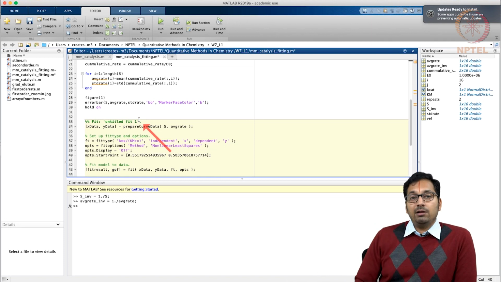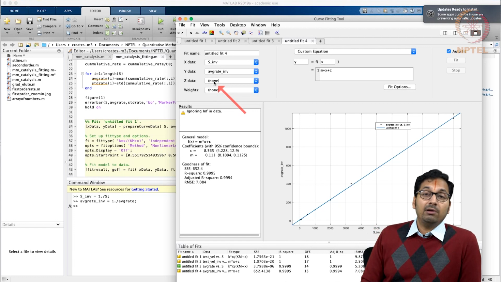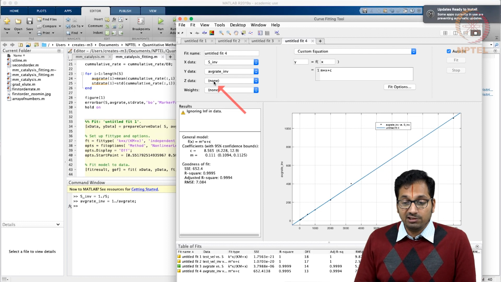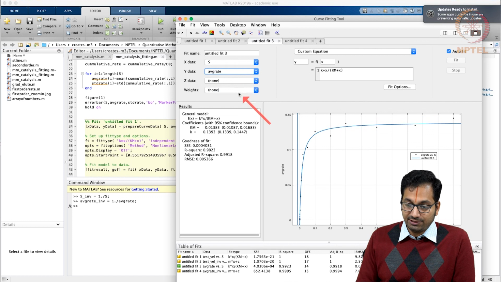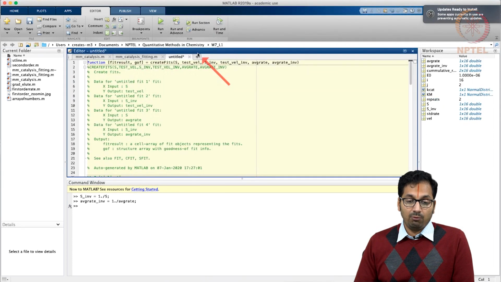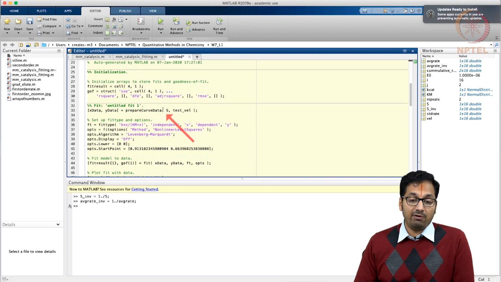The same thing that we ended up doing in the curve fit tool can be done in terms of command prompt as well. So I would like to show how MATLAB could be used for us to even write code, although we are not knowledgeable in generating code. For instance, let's say you have this code that you ended up fitting the average rate. What one could do is go to this file menu up here and say generate code. The moment you click this, MATLAB nicely generates the code of how this fit has been performed with the different variables that you provided.